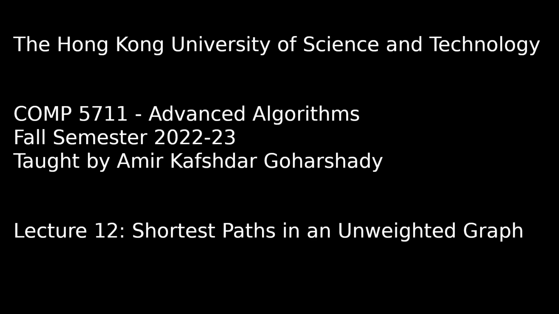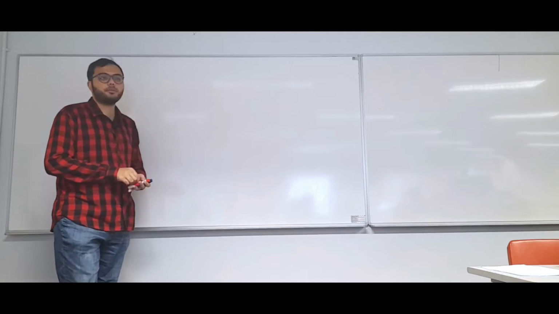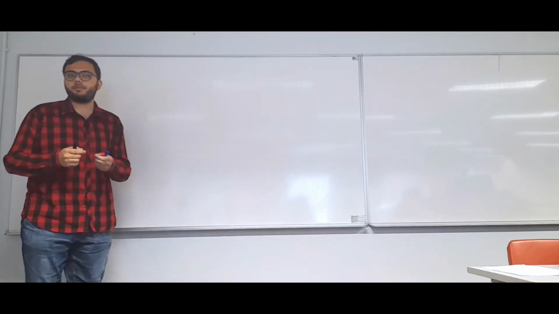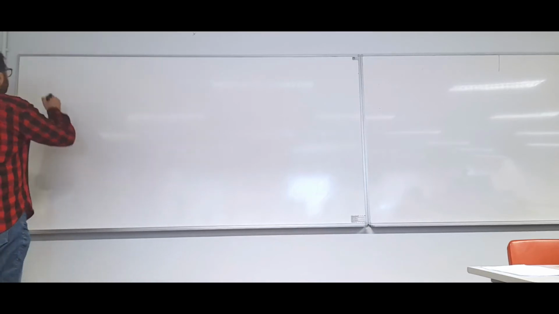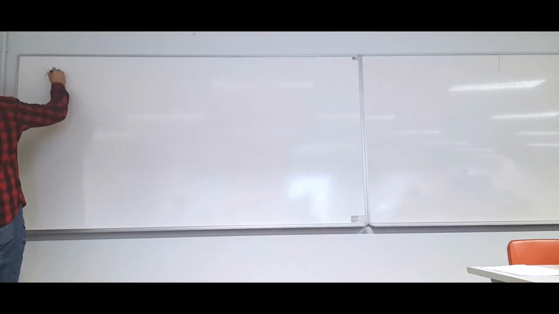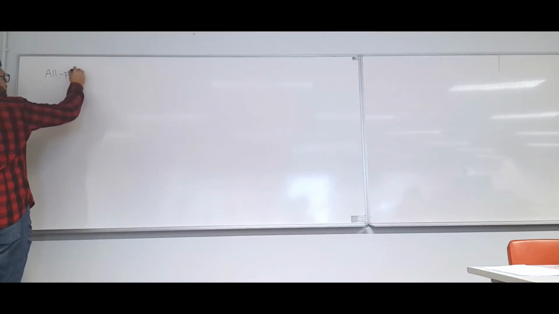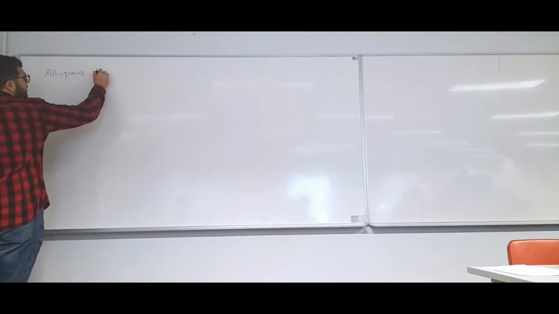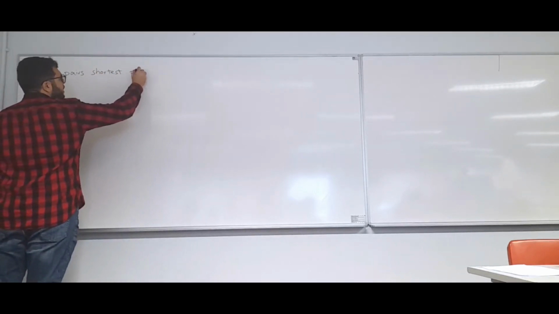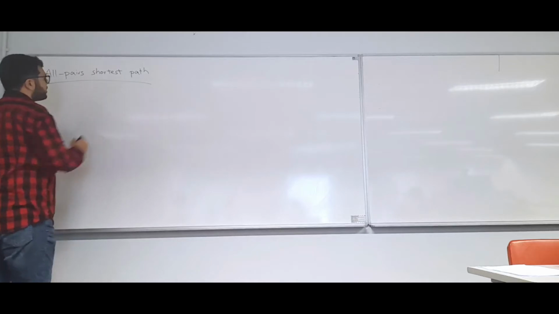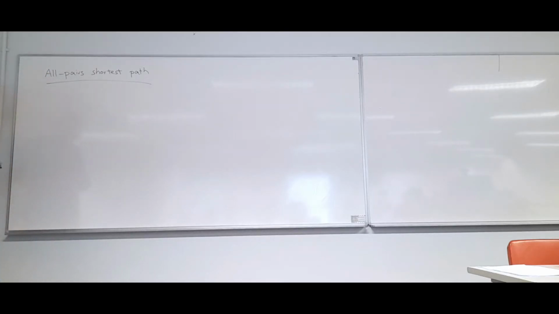Today I'm going to talk about a problem that you've definitely seen before, and this is the problem of finding the shortest path between every pair of points in a graph. So this is usually called all pairs shortest path. And I actually want to just look at a very special case here, and this is the case of unweighted